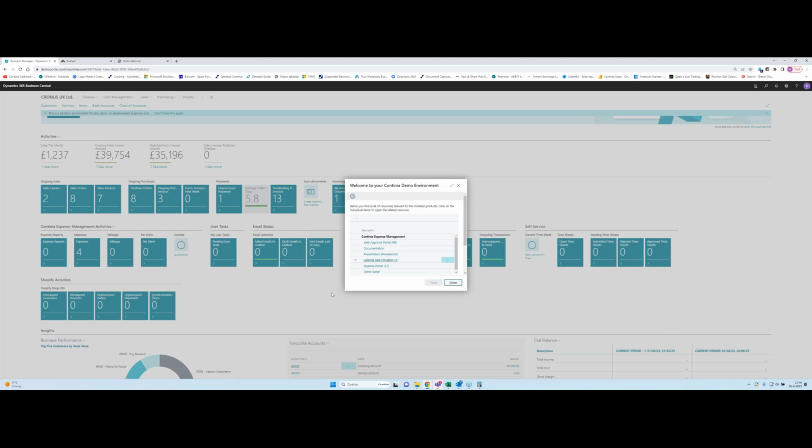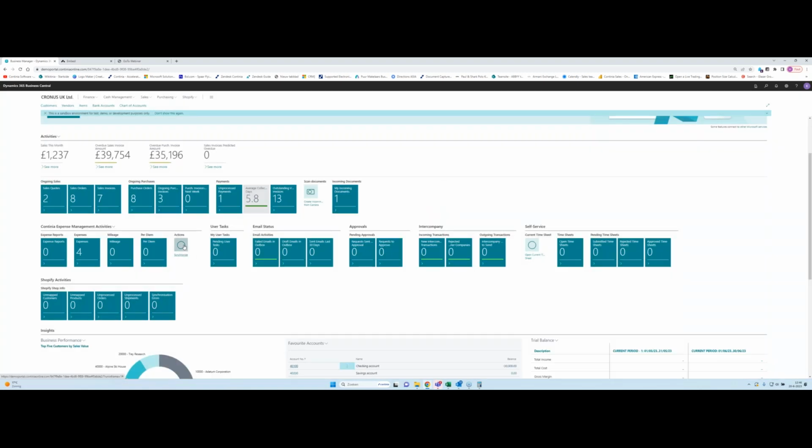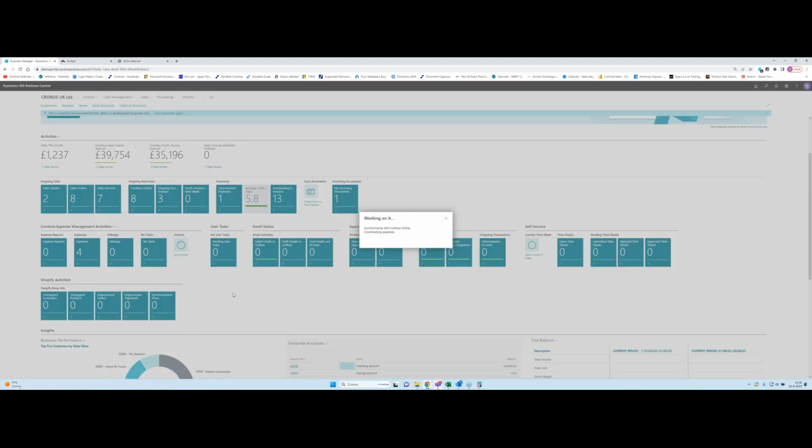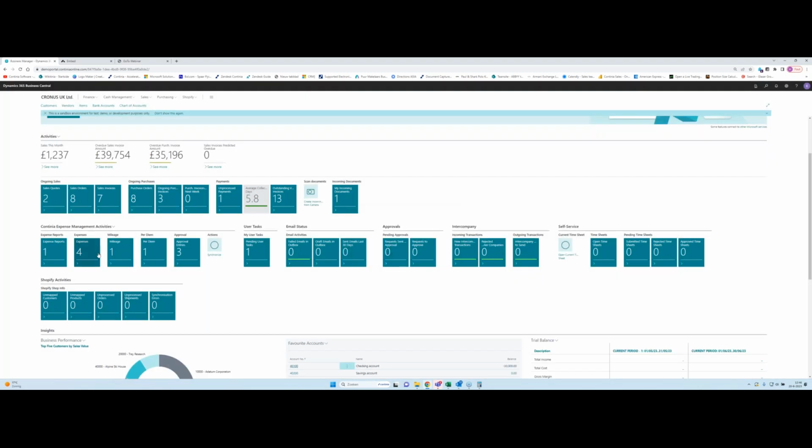If we go back to Business Central, nothing has happened. That's because I didn't synchronize yet. In your system, we will synchronize automatically, but in my demo, I do it manually. Now everything will get sent back and forth. And in a couple of seconds, we can now see, if I click on expenses,